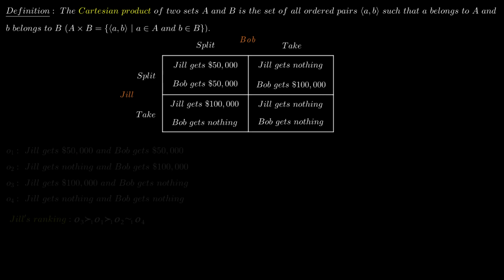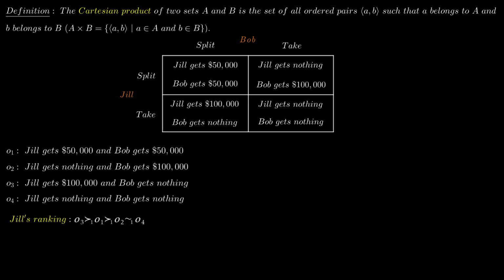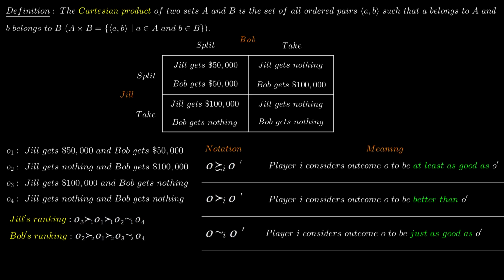Then Jill would rank the outcomes as follows. Her receiving $100,000 is her number one choice, followed by receiving $50,000. Then last, her receiving nothing. The last two choices are about equal for Jill. The same for Bob. And this is the notation of when a player prefers one outcome to another. We denote it with this fancy inequality thingy here. It looks similar to the standard inequality sign we have in standard algebraic equations. And when two outcomes are about equal in a player's mind, we denote it with this squiggly line here. Oh yes. So far so good.